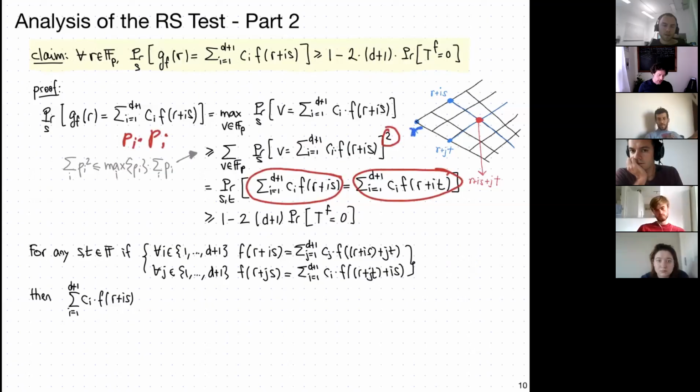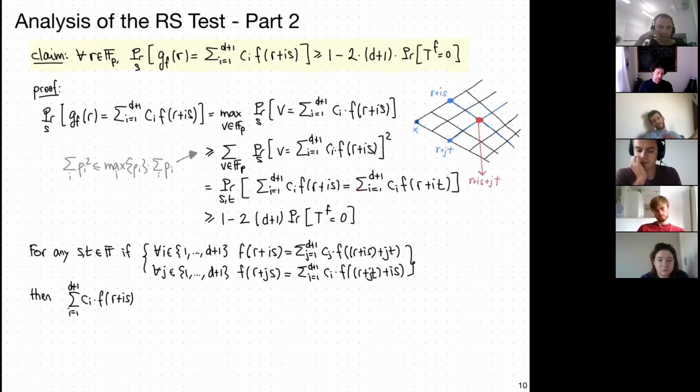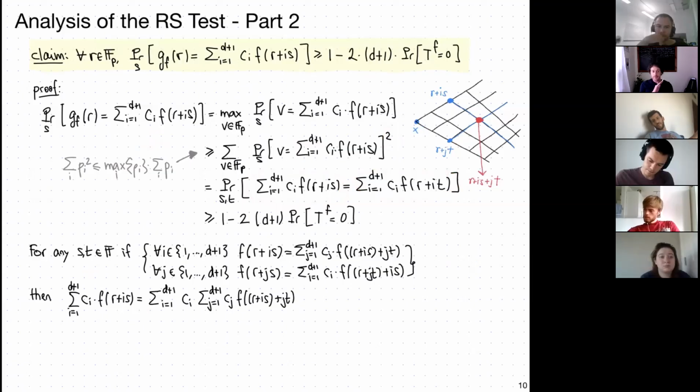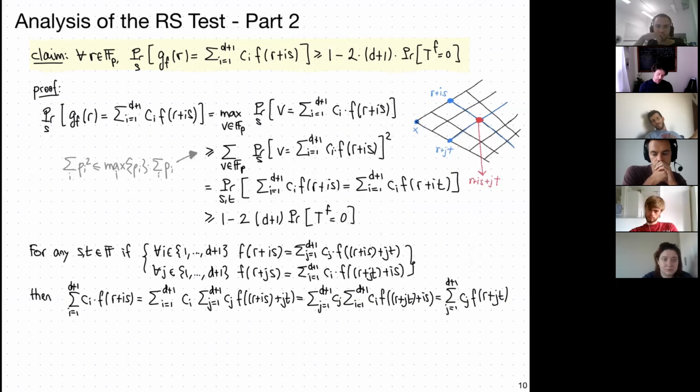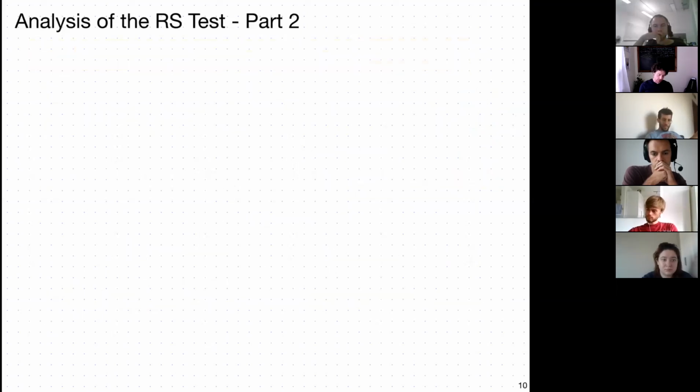Okay, so recall that we want to look at this collision probability. So let's just write it down and try to analyze what happens. What I did here is literally just applying the constraints again to F of R plus IS. So I'm looking at the constraint, and then I'm saying, let's look at,